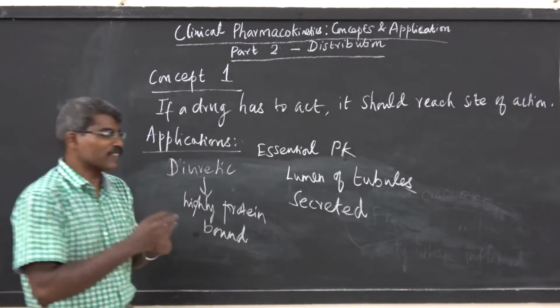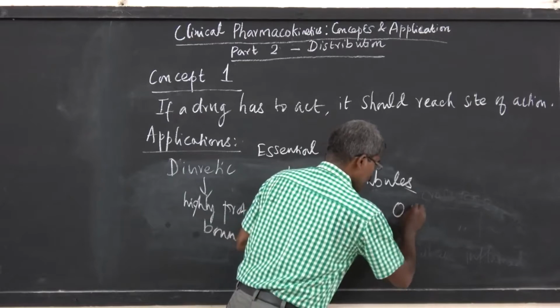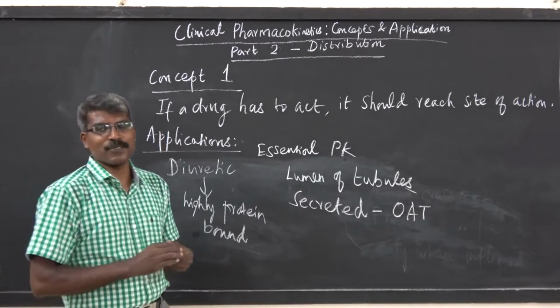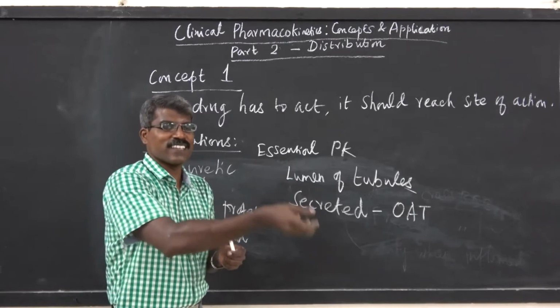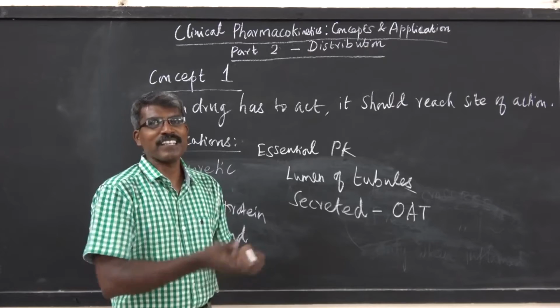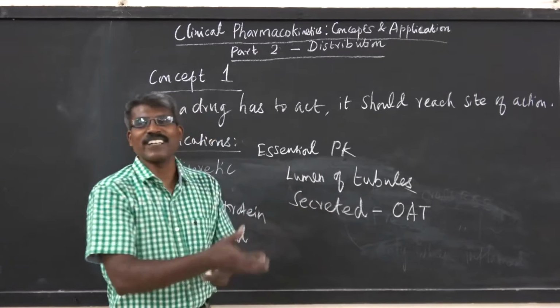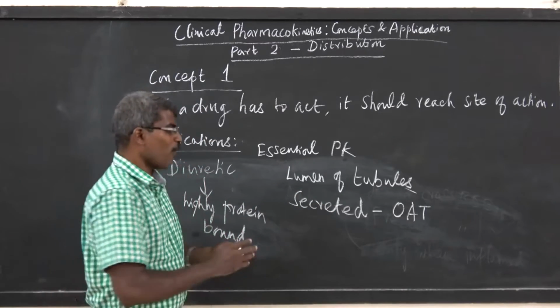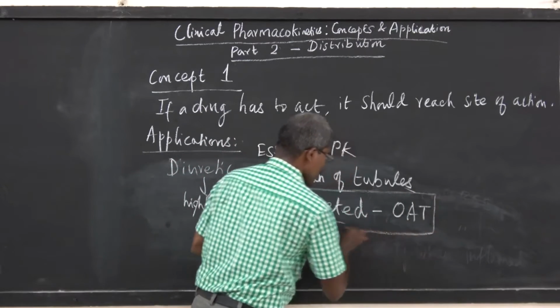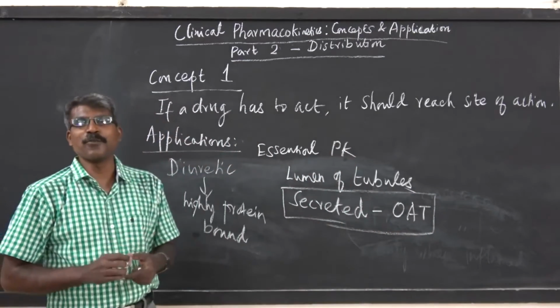Now how can it be secreted? It is usually through the organic anion transporter. So there is a transporter which secretes the diuretic into the lumen. That's how the drug reaches the site of action. So all diuretics essentially need to be secreted into the tubule for their